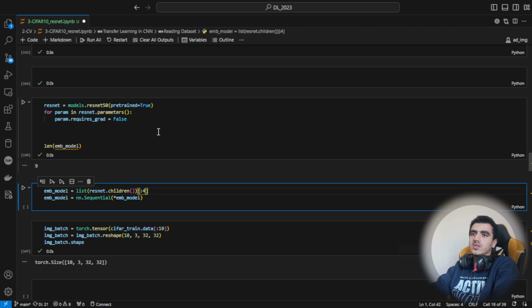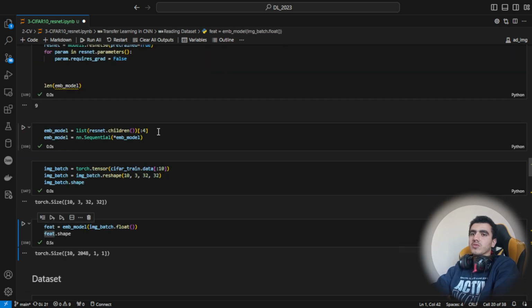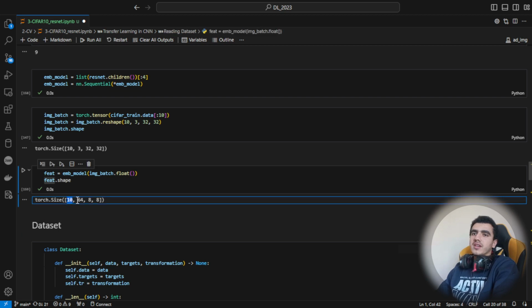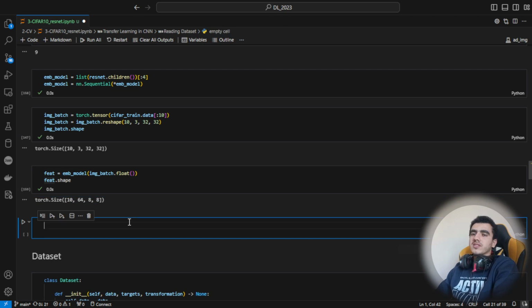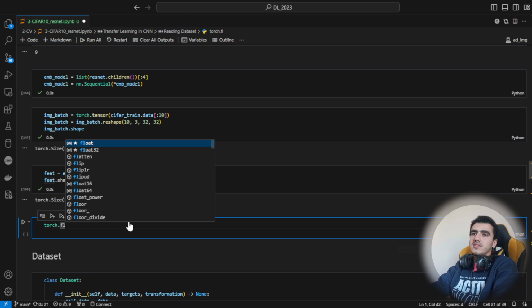If I check only the first 4 layers, and then I pass this to the model, as you can see here, it breaks out to 10 by 64 by 8 by 8. So you need to also apply torch dot flatten